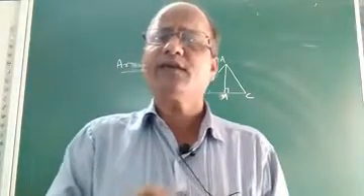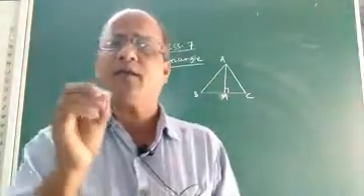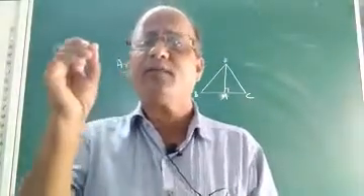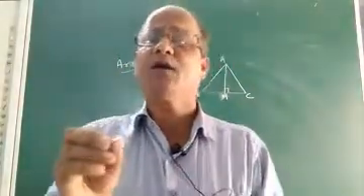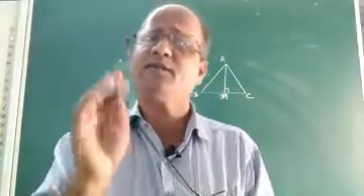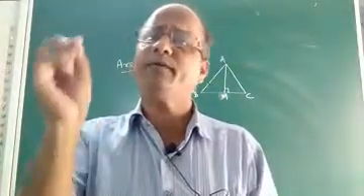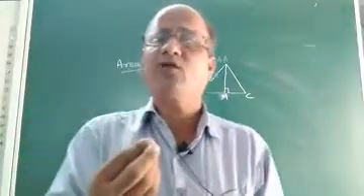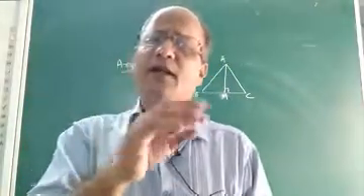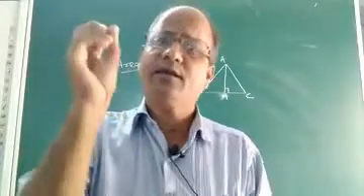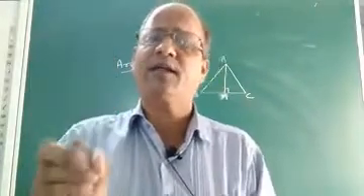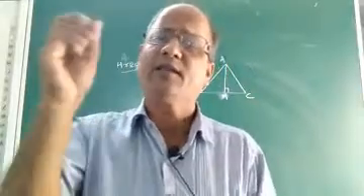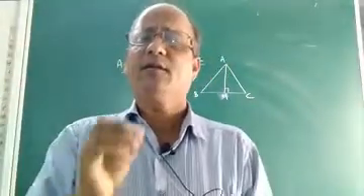Actually, children, the geometrical proof of the formula for the area of a triangle is beyond the course. At present we have to remember only the formula and apply it. Another thing I would like to say: there are different types of triangles like equilateral triangle, isosceles triangle, scalene triangle, acute triangle, obtuse triangle, right angle triangle. There are so many types of triangles.